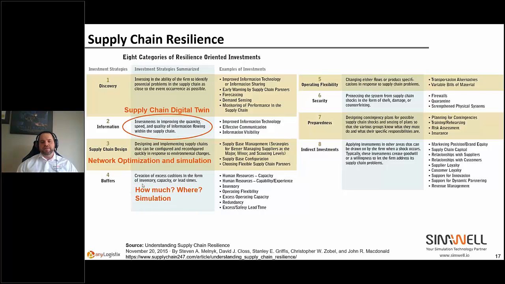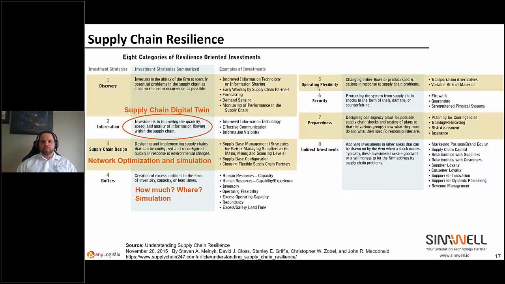When we're talking about inventory and sizing the right level of inventory, that's simulation, because if you don't capture the variability, the day-to-day variability in the demand, in the truck lead time and things like that, then you're not capturing the real-world variability and real-world fluctuation. And that's what inventory is for at the end of the day. So simulation is the key to answering these buffer questions of how much and where.